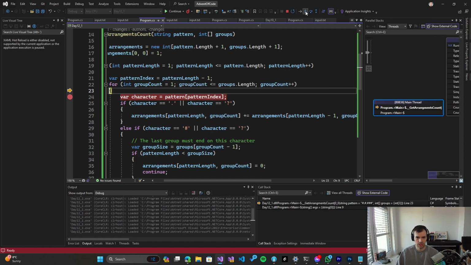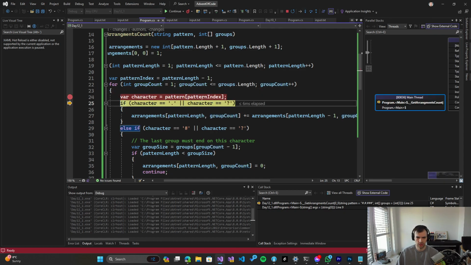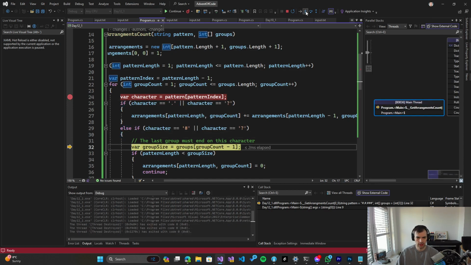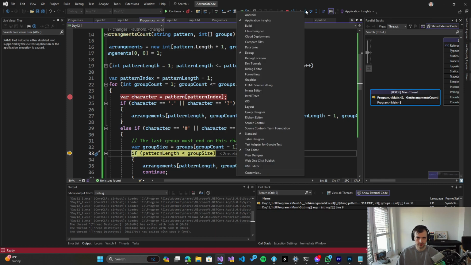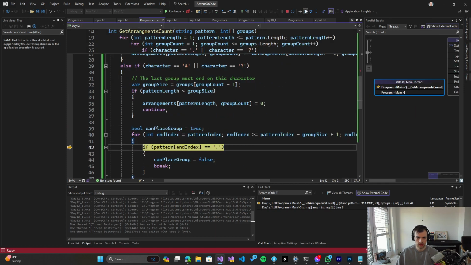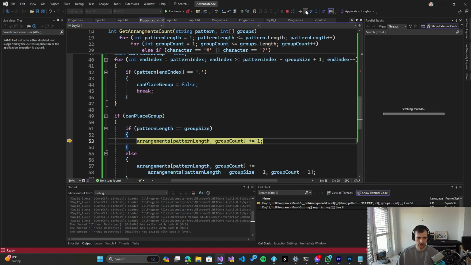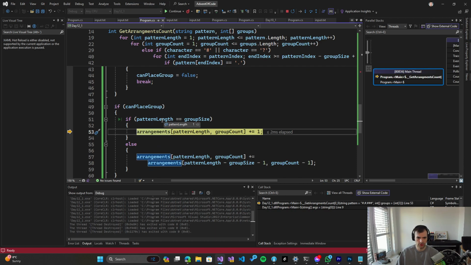Okay, I'm trying to place the second group on the same pattern length. Right, so pattern length is 0. We're trying to set there the group size of 1 at that arrangement size, but